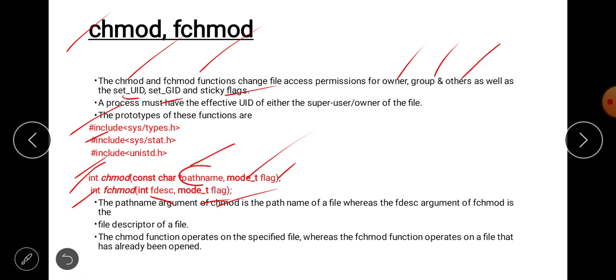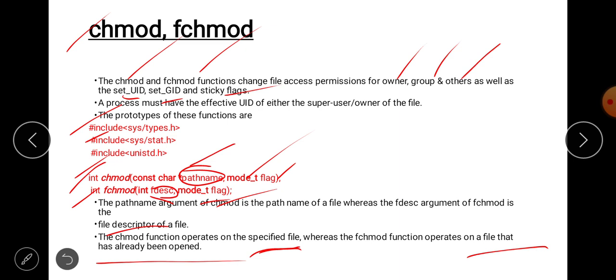The chmod function operates on the specified file, whereas the fchmod function operates on a file that has already been opened.